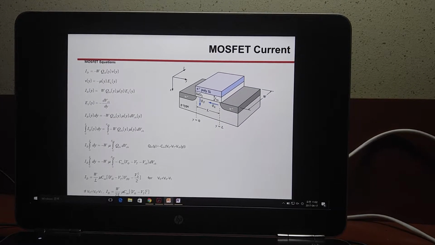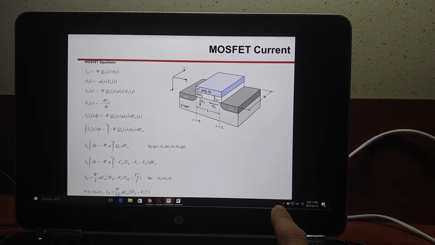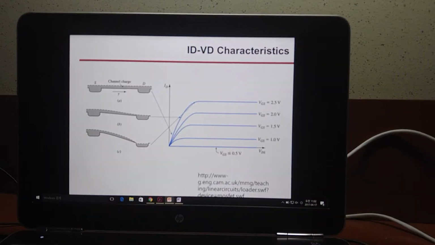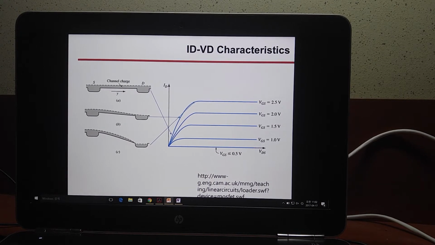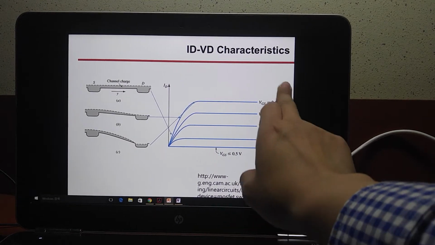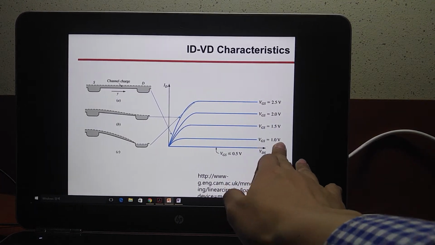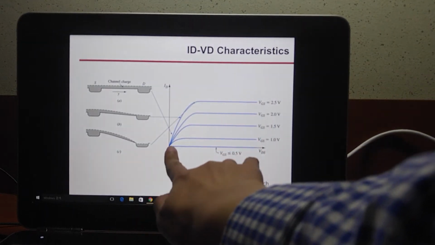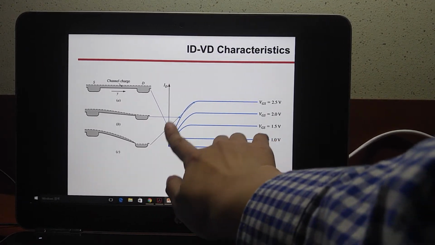As you can realize from its name, the source gives current to the drain, and during this process between drain and source, there will be a channel because of inversion when we give bias on the gate. And the more gate-source bias we give, the more the drain current increases. As you can see in this diagram, if we give more gate voltage, the drain current increases,